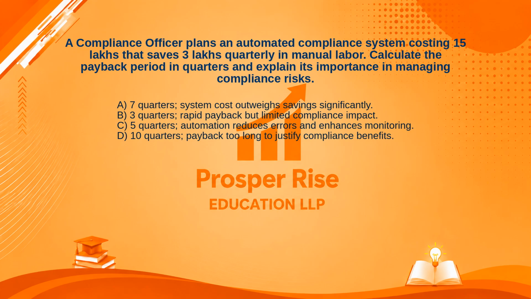B. 3 quarters. Rapid payback but limited compliance impact. C. 5 quarters. Automation reduces errors and enhances monitoring. Or D. 10 quarters. Payback too long to justify compliance benefits. Take a moment to pause the video and decide. The correct answer is